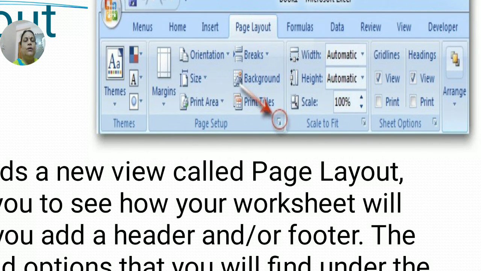Under Themes you can see the command Themes, and under Page Setup you can see Margins, Orientation, Size, Print Area, Breaks. In today's class we'll see the functions of each and every command, that is the buttons you see under the groups of the Page Layout tab.